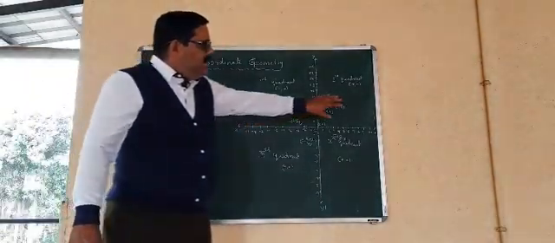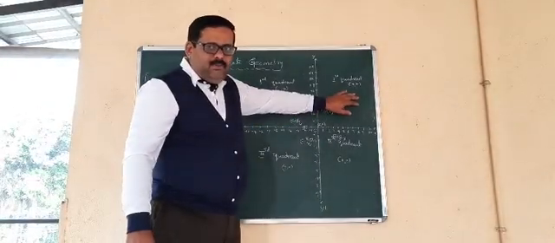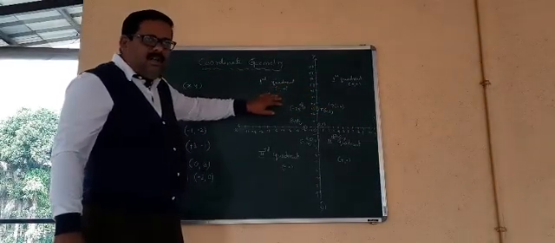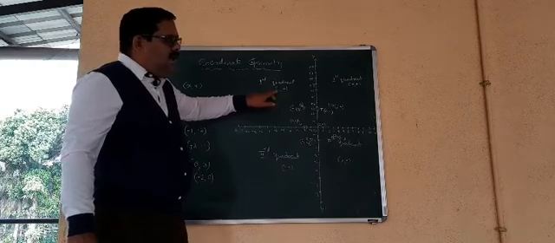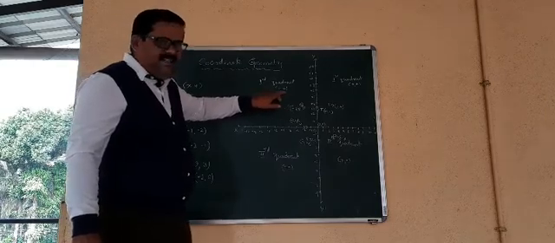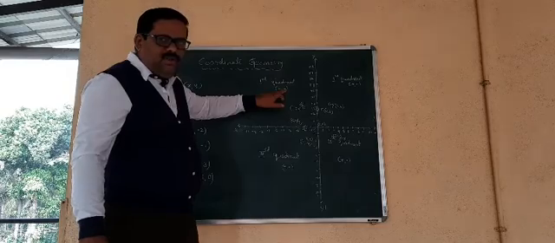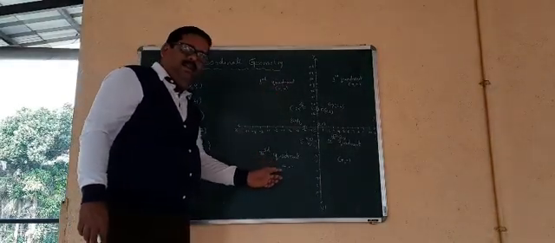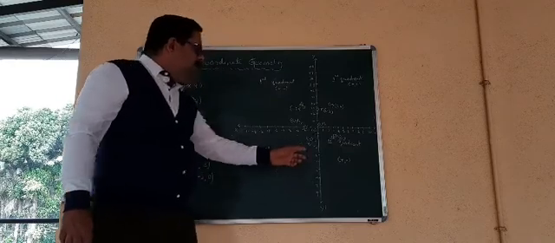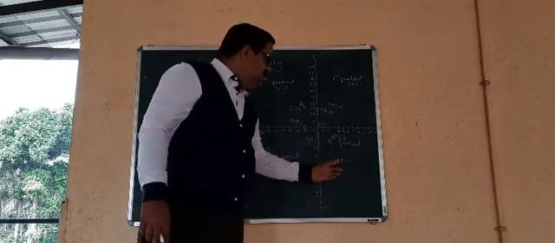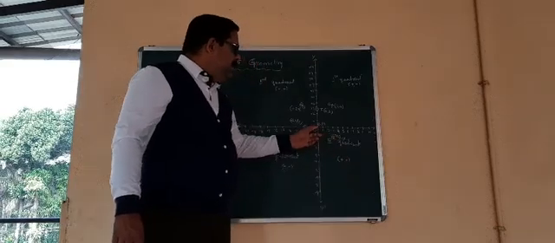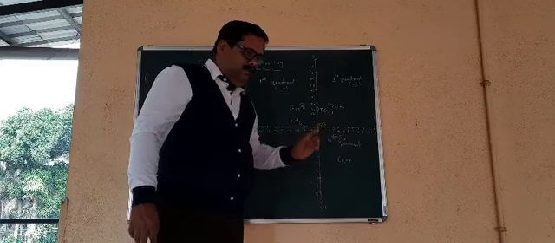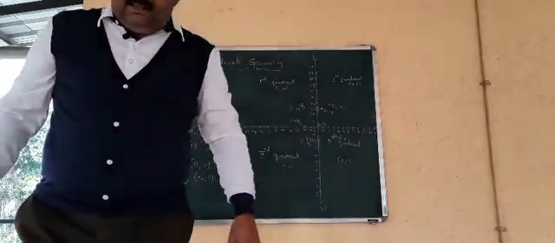In the first quadrant, the points have both positive values, and in the second quadrant the points have a negative sign and a positive sign, negative for the x value and positive for the y value. In the third quadrant the coordinates are minus minus, and in the fourth quadrant the coordinates are plus and minus, and the coordinate of the origin is 0 and 0. So, note down these things.